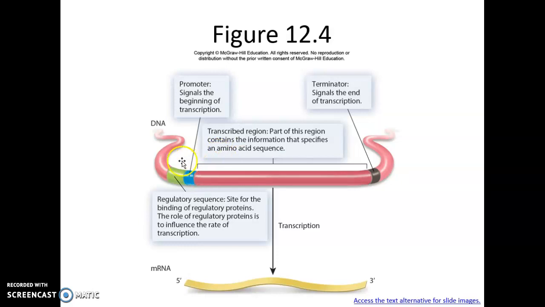What I want us to look at here is that we have a promoter region, and that promoter region helps to draw in RNA polymerase. We have some other regulatory sequences that can help RNA polymerase to find the promoter. Those sequences can be here, or they can be somewhere far away from the promoter region. At the other end of a gene, we have the terminator region, and that is a signal that transcription should end. After transcription occurs, we then have a single strand of mRNA that is 5' on one side and 3' on